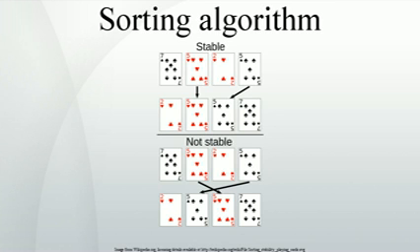Insertion sort. Insertion sort is a simple sorting algorithm that is relatively efficient for small lists and mostly sorted lists, and often is used as part of more sophisticated algorithms. It works by taking elements from the list one by one and inserting them in their correct position into a